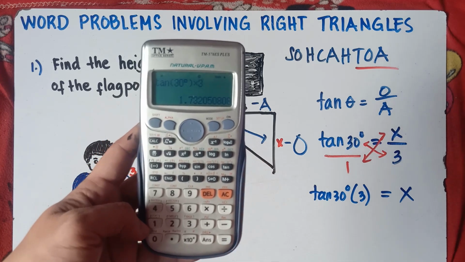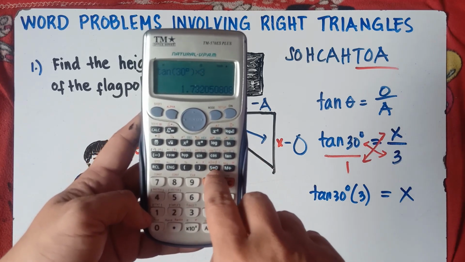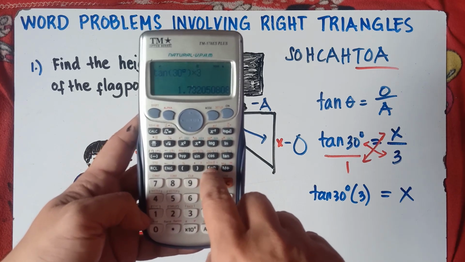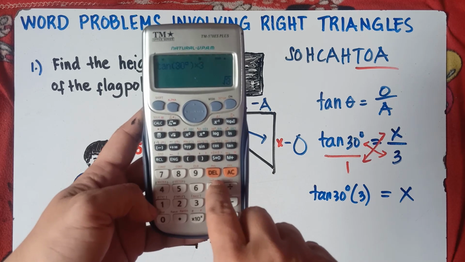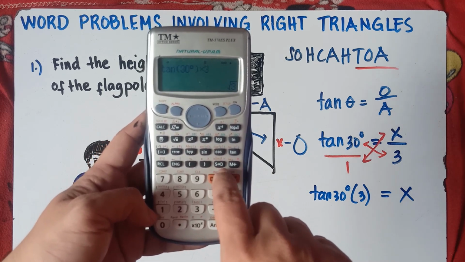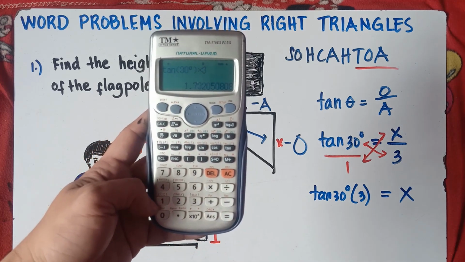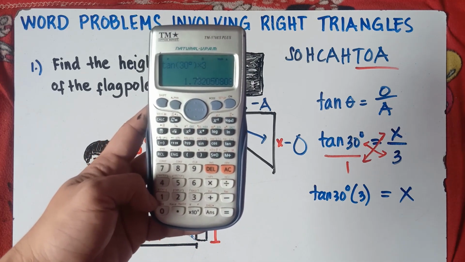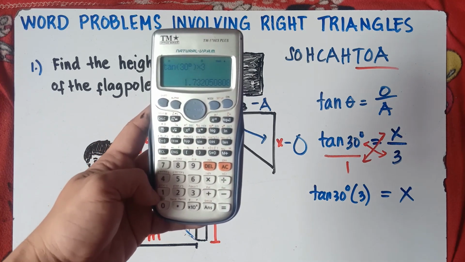Once again class, if you have a calculator, same with me. Just press this one, S-D. It means standard to decimal. So the answer a while ago was square root of 3. You press this S-D above the DEL. DEL means delete. Press this S-D, it means standard to decimal. So you will have 1.732. After 3, that is 2. So this will be 1.73. Let's have 2 digits, class.